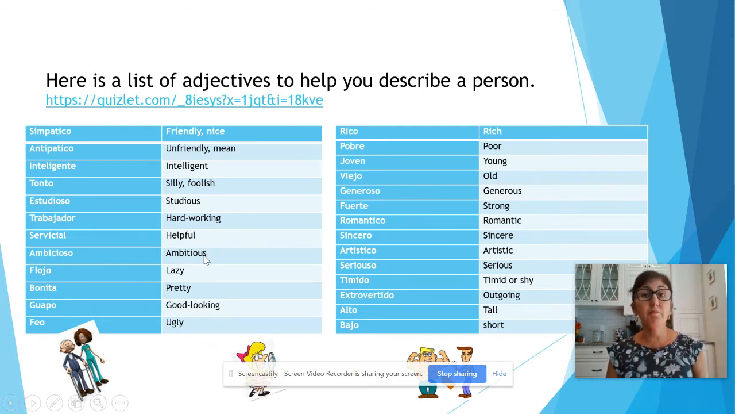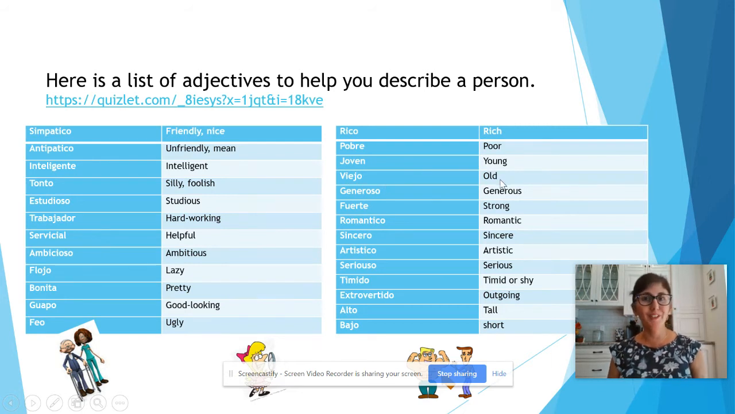Ambicioso, ambitious, very good. Flojo, lazy. It's summertime. We're all a little lazy right now. Bonita, pretty. Guapo, good looking. Feo, ugly. Let's come over to this side now. Rico, rich, pobre, poor, joven, young,